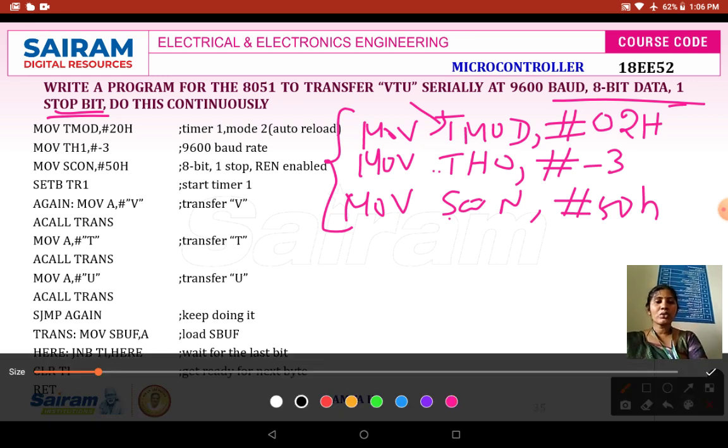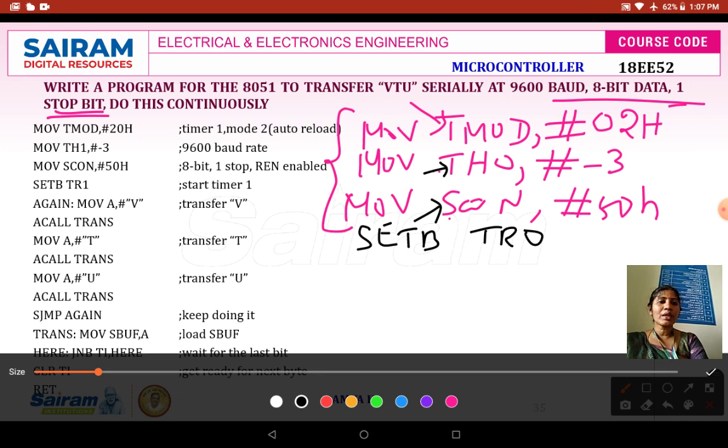SCON is loaded based on the mode of operation, whether we need to establish a separate communication between the processor and the data to be received, and based on your stop bit. After this we need to start the timer, that is SETB TR0.